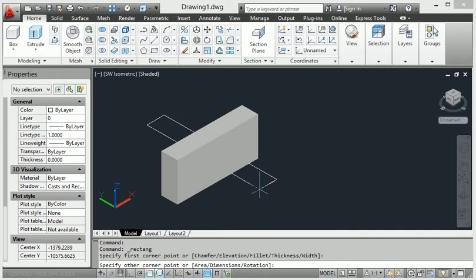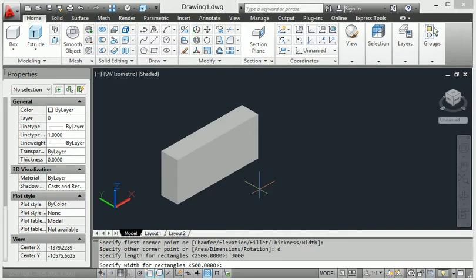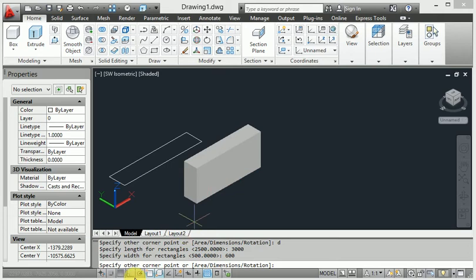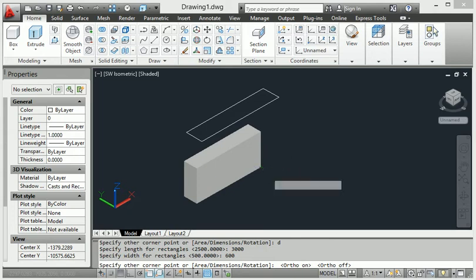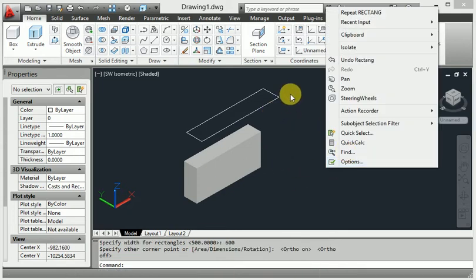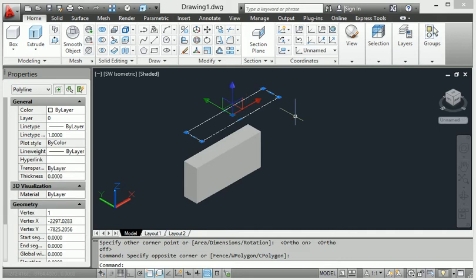When I press D and enter, I will provide 3000 and also 600. Now this is the rectangle right now.